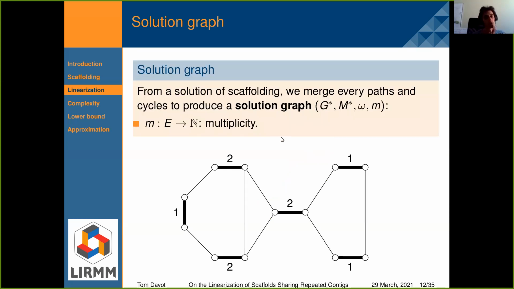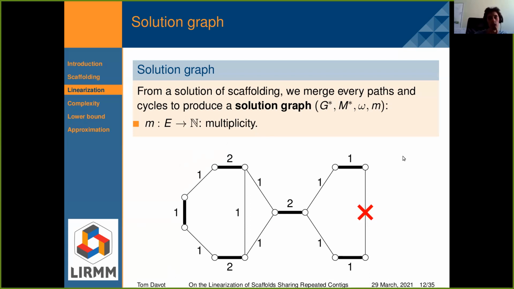From the scaffolding, we produce a solution graph by merging every alternating path and cycle of the solution. So basically, it's like a scaffold graph, except that the multiplicity function occurs on every edge and not just on the matching edges. So for example, it was the scaffold graph of the example I showed.